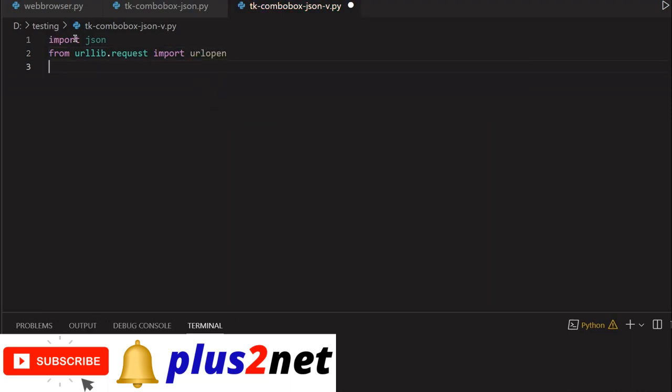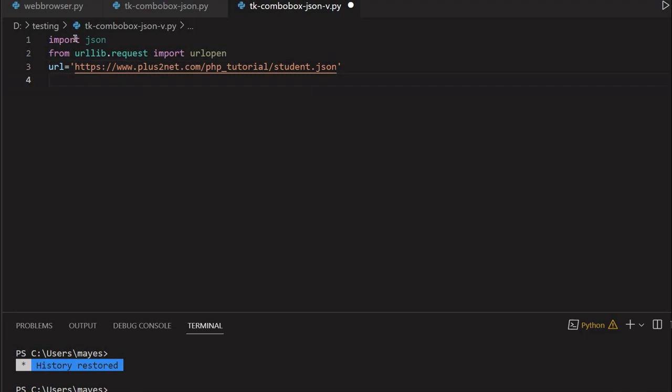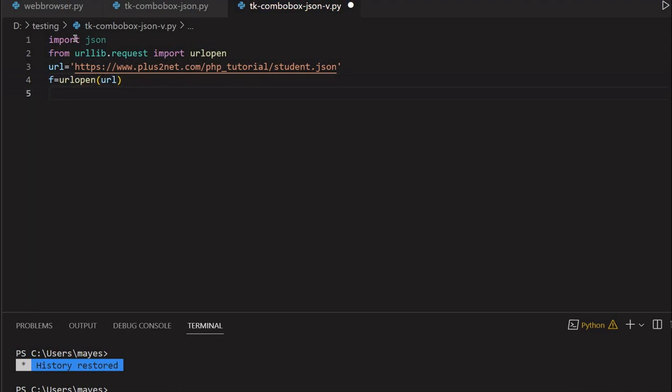For that, let's create a string for the URL. What is the URL? I am just pasting it here, the address where our JSON string is available. From here, we will collect the data in JSON format and use it as options for our combo box. So I am writing an object here, urlopen(URL). Now I got the data here, but I have to collect it. It's in JSON format, so I have to decode it. For that I am saying data equal to json.load